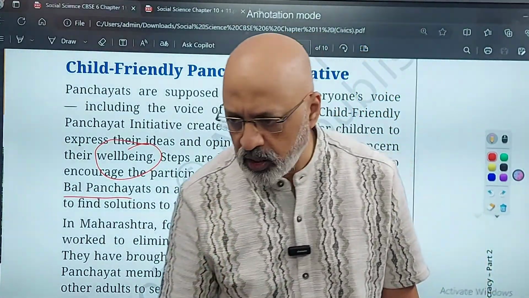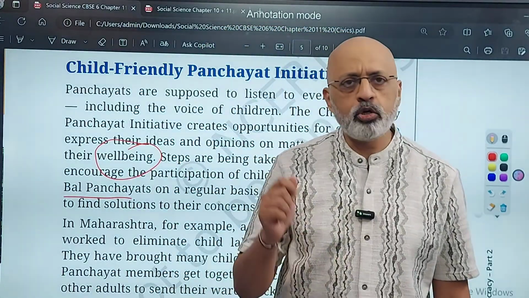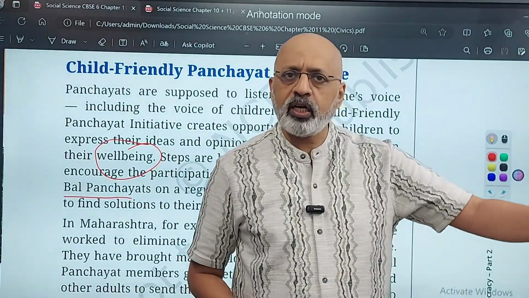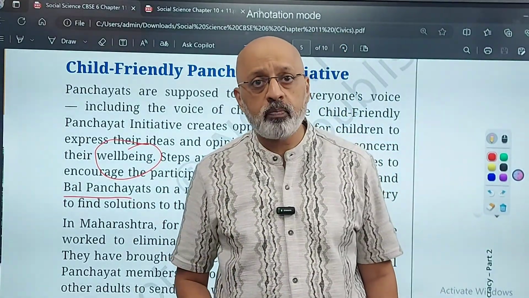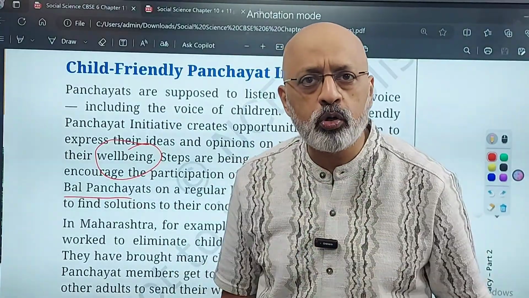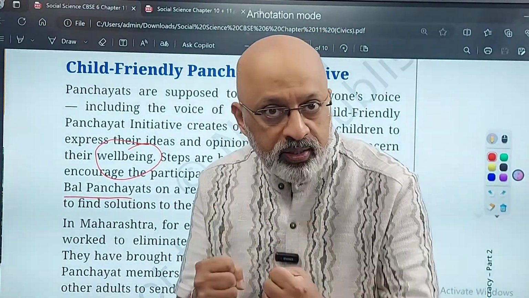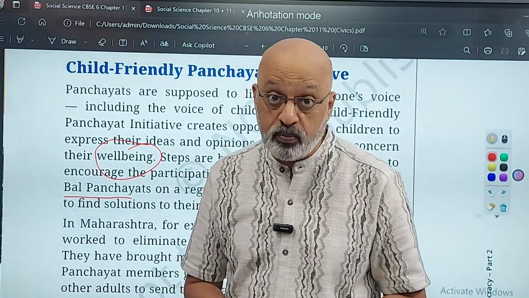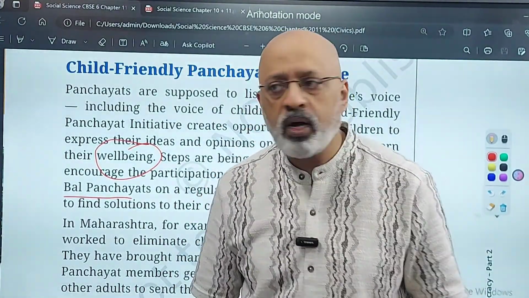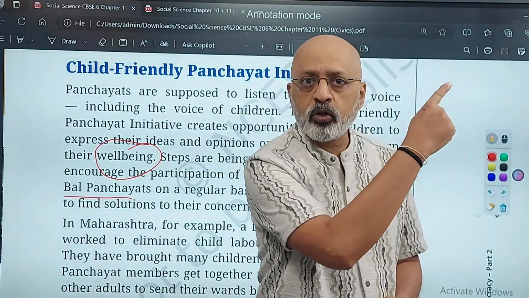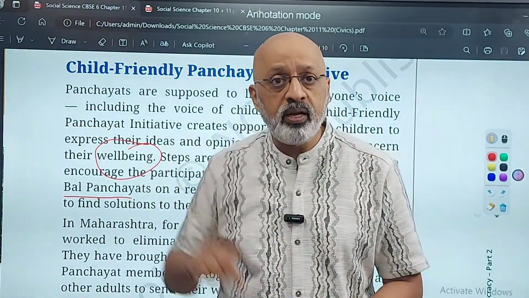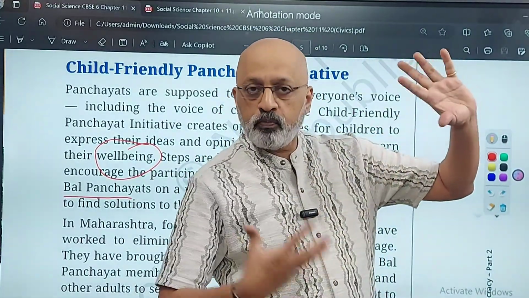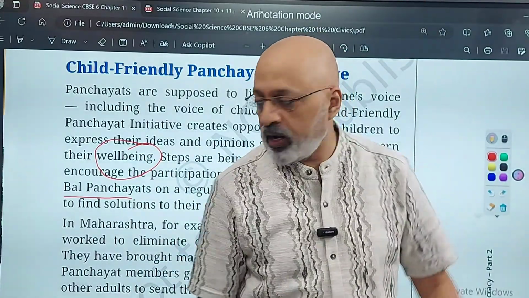So they go to Rukmani's house and tell the parents that, uncle, you should not get Rukmani married. She should continue to come to school, because you see all her other classmates are coming to school, and Rukmani also doesn't want to get married. She also says, Papa, I want to go to school. So you put pressure on that person to say that no, you should not get your daughter married so early when she is a minor, which is illegal. और तब भी नहीं मानता है, तो बाल पंचायत can go and complain to the police that this person is doing something illegal. He is getting his minor daughter married. So you see, if you involve everybody, you can do these kind of things.